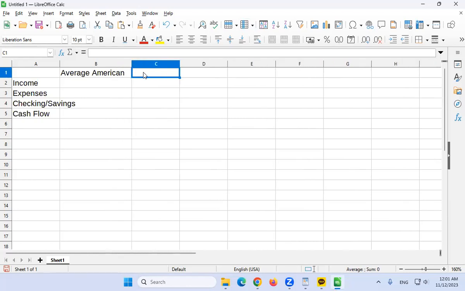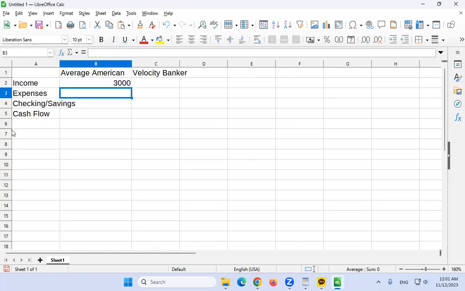And then we'll call this the velocity banker. All right. So let's just say $3,000 of income, $3,000 of